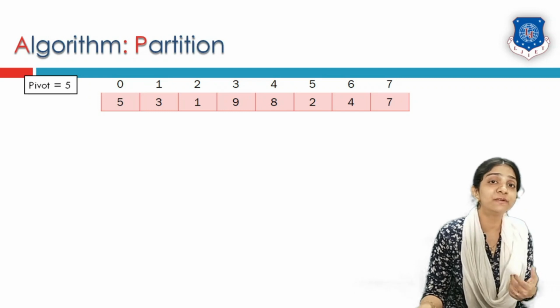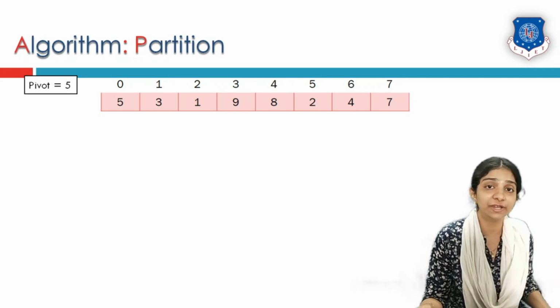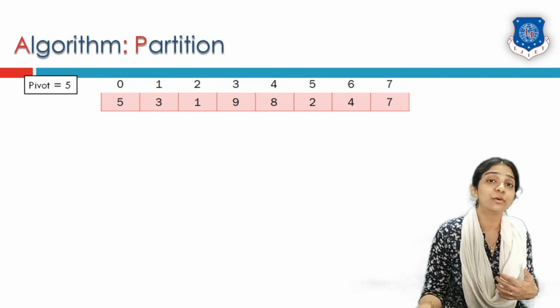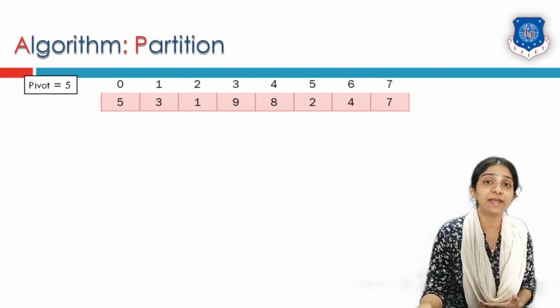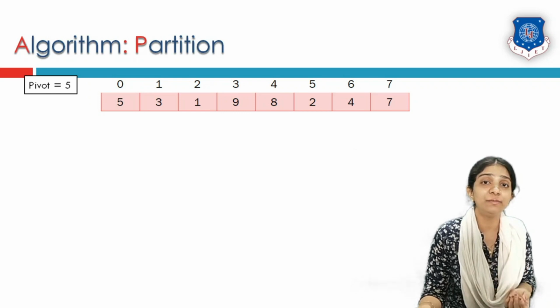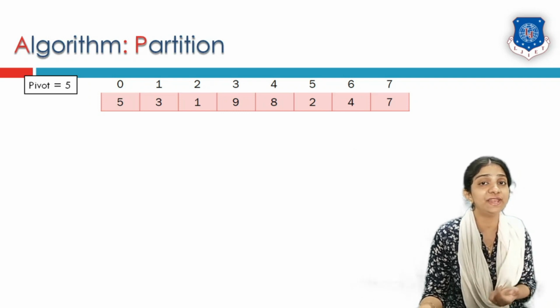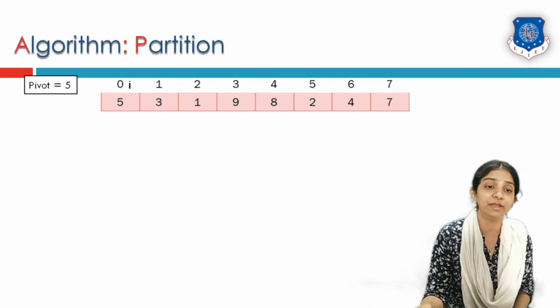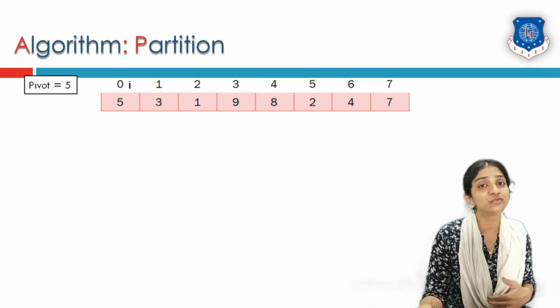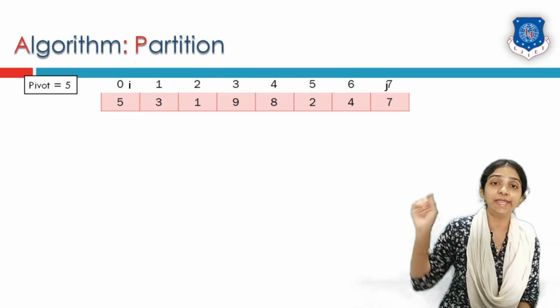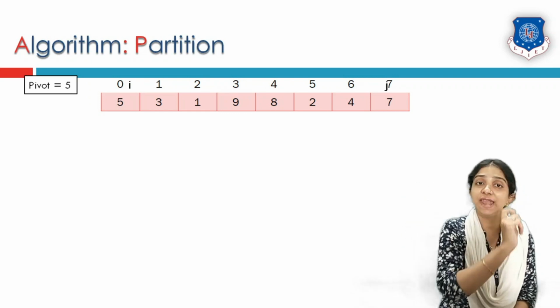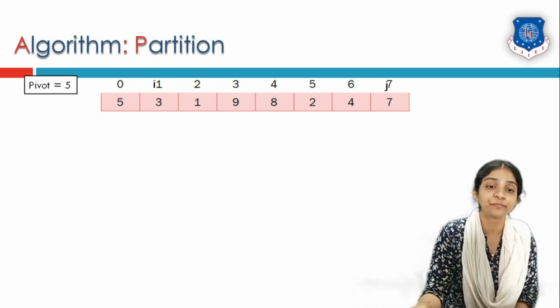Now a pivot element must be chosen in order to generate a partition. We can choose the pivot element anywhere from the given array element list, but it would be easier for us if we consider the very first element as our pivot element. So the first element is chosen as our pivot element. Now the i index is initialized at the very first element in our list, and the j index is initialized at the last element index.